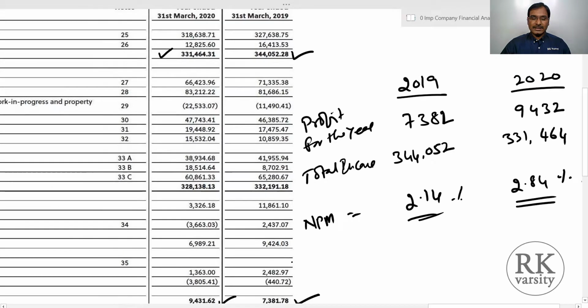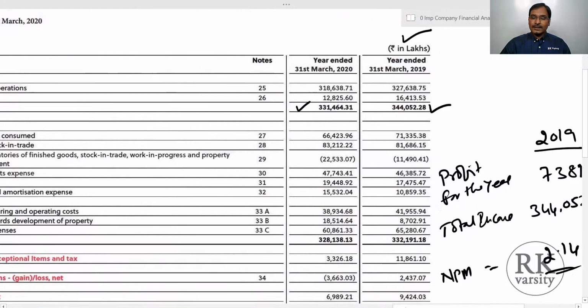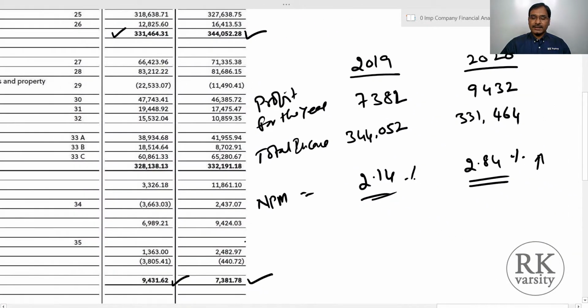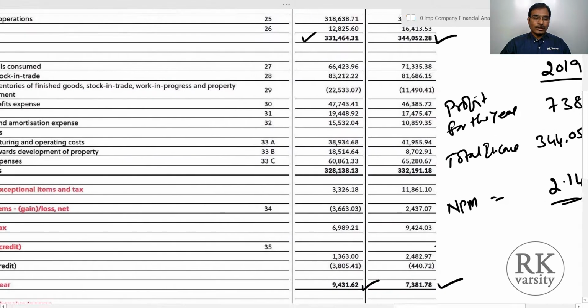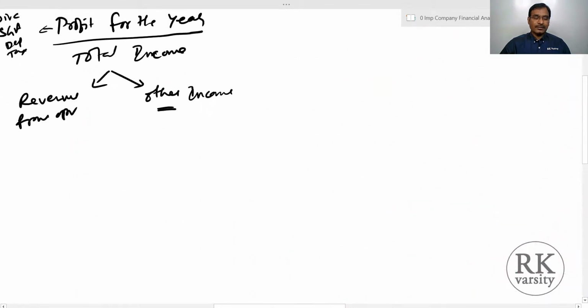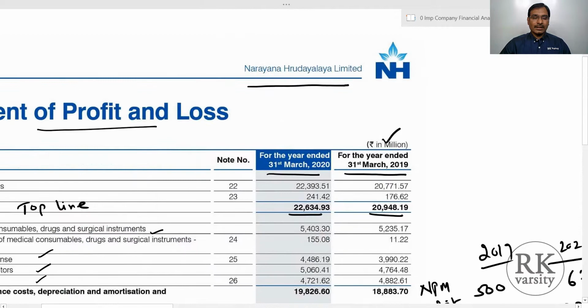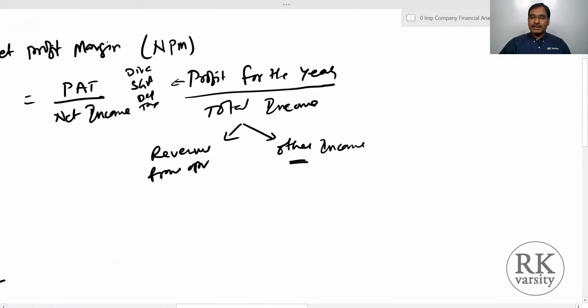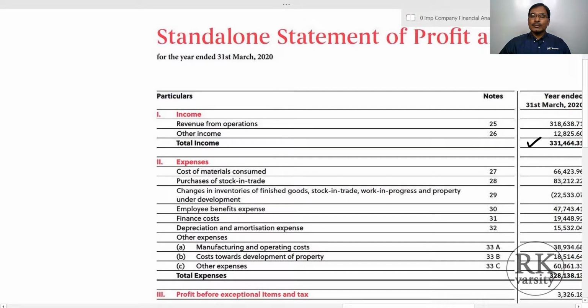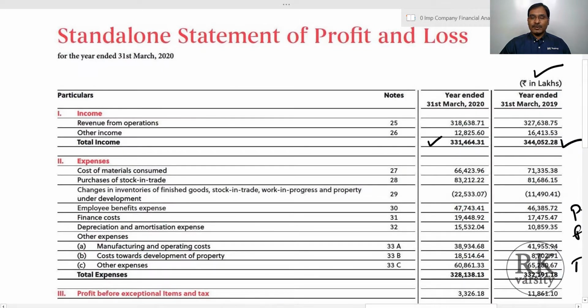So if you look at the profit margin as a criterion to make an investment, this profit margin is not even paying you the interest amount that the bank pays on its savings deposit or a current account. So both the companies which we considered here, one is Narayana Hrudayalaya and the other one is Raymond's India Limited, both the companies are not making enough profits for their shareholders.